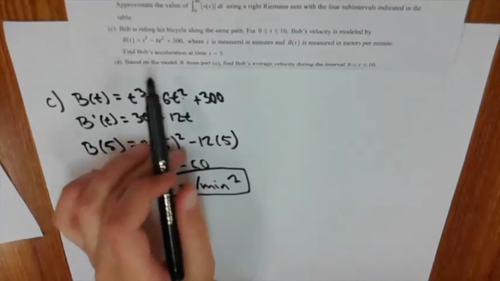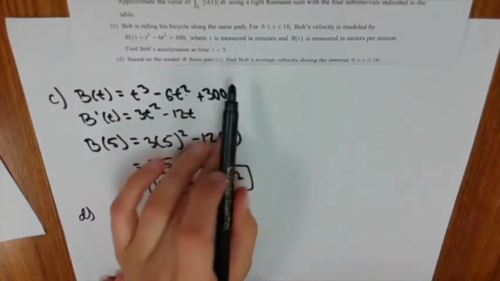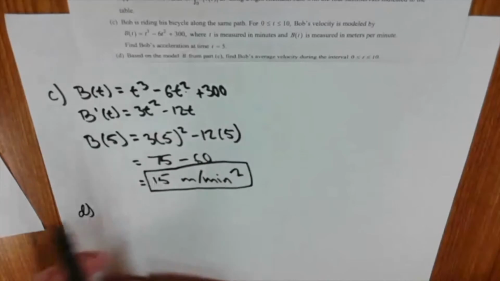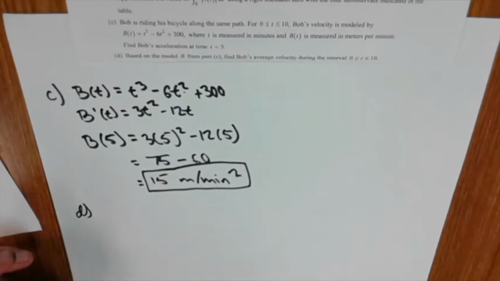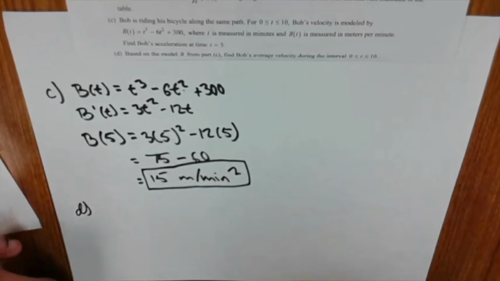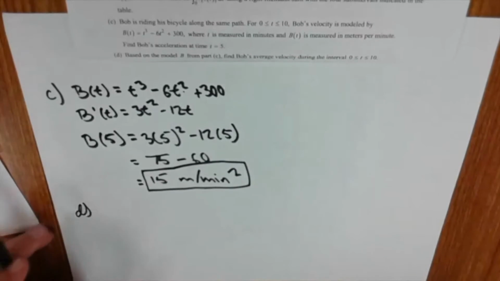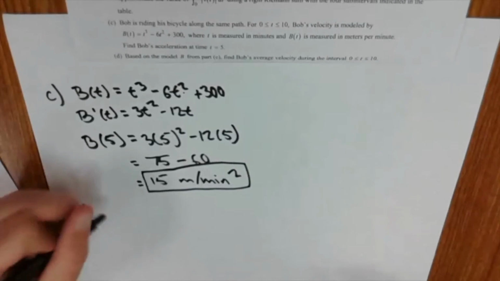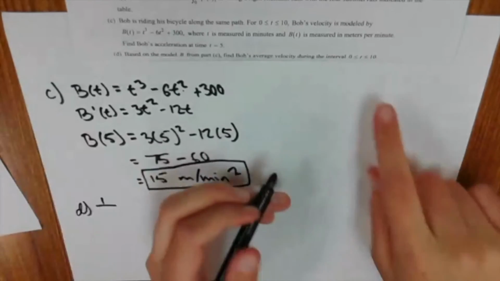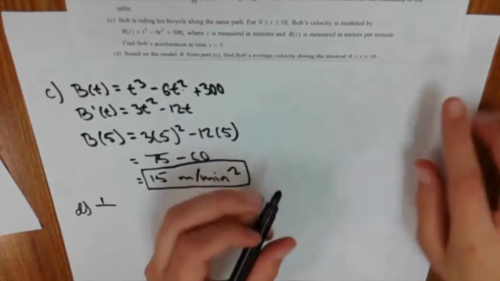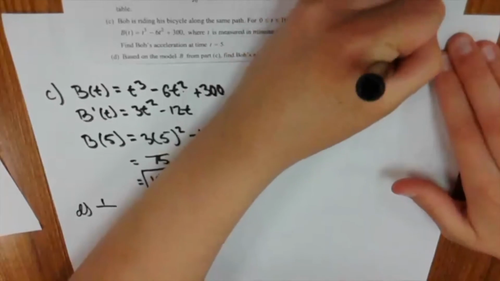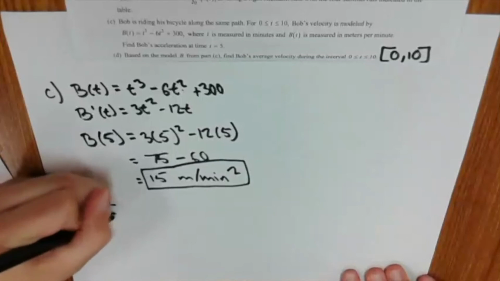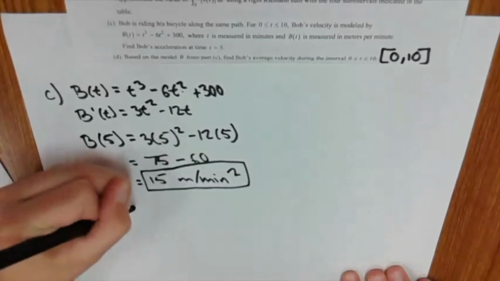And finally, for our last part, part D, it says, based on the model B from part C that we just did, find Bob's average velocity during the interval 0 to 10. So to find the average velocity, we are going to integrate our formula and multiply it by 1 over our interval 0 to 10. So right here, 0 to 10 over b minus a, so 1 over 10 minus 0. And we're going to integrate